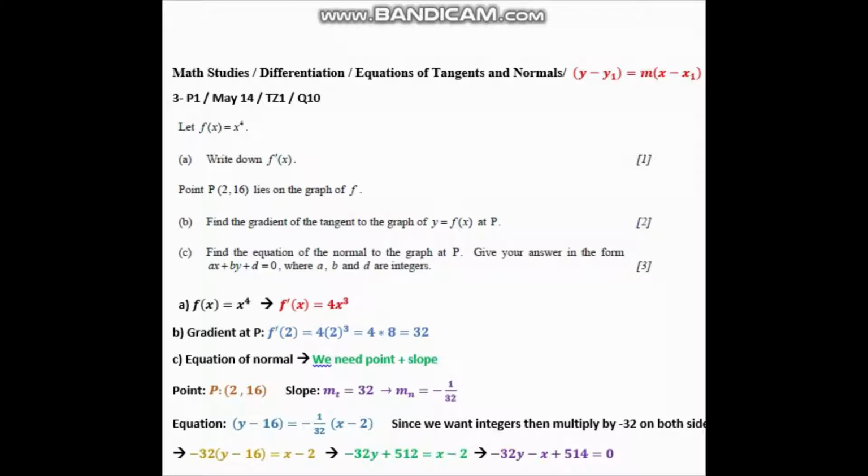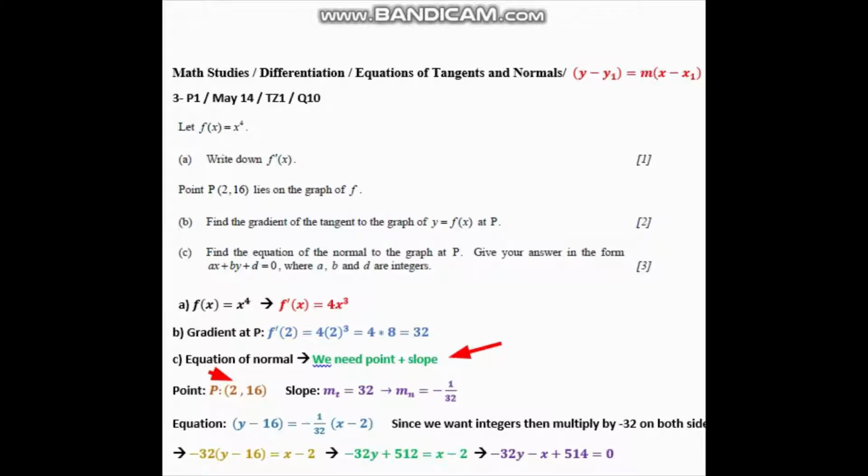So in order to find the equation of the normal to the graph, I need a point and a slope. As we said before, the equation of any line requires a point and a slope. So the point is already given, point P, and I need to get the slope of the normal. The normal line is a line that is perpendicular to the tangent line at any point on the curve. And you should know from middle school math maybe that two perpendicular lines have opposite slopes. And by opposite slopes, I mean opposite in the additive sense and the multiplicative sense.